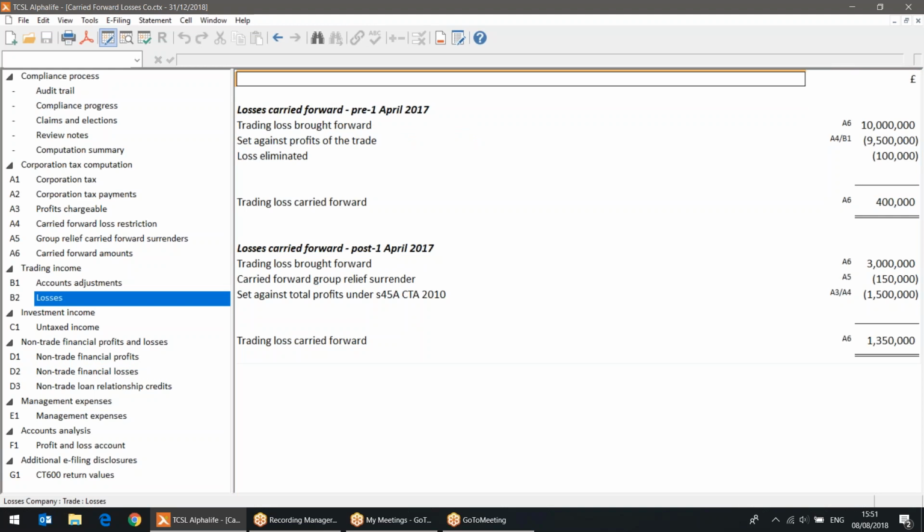There have been certain changes to the legislation. For example, relief for trading losses brought forward was previously mandatory and automatic. The legislation at Section 45, CTA 2010,